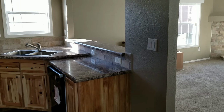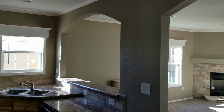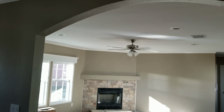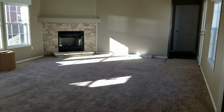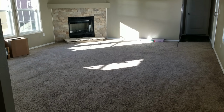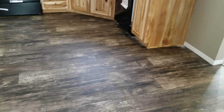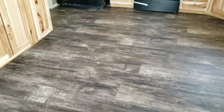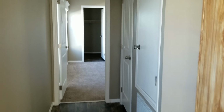Hopefully this shot will give you a look at some of the features, the arches over the eating bar, the arch that enters into the dining area, and this really large front living room. They've utilized one of our wood look flooring selections here that is just really pretty. And it comes back into the master suite,